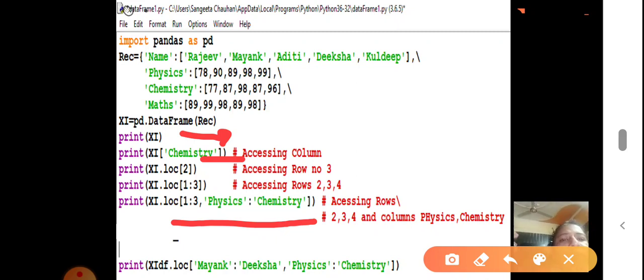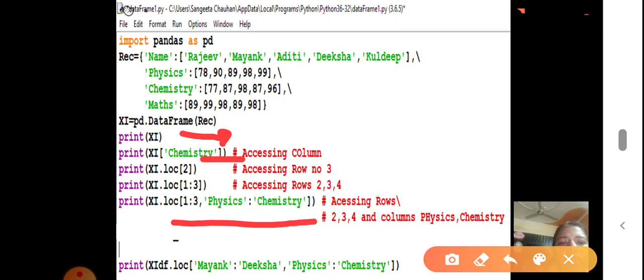Now one more thing I want to tell you about the loc function. Because we are using the index label and column label, when we use a slice like 1:3, index labels 1, 2, 3 will be displayed.